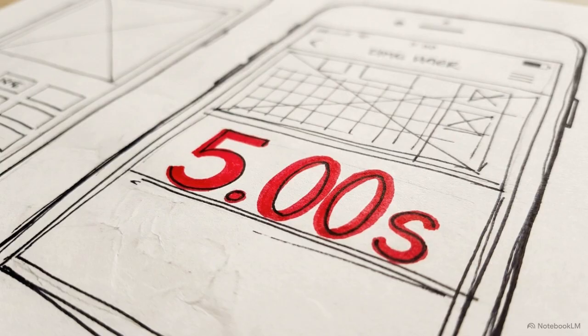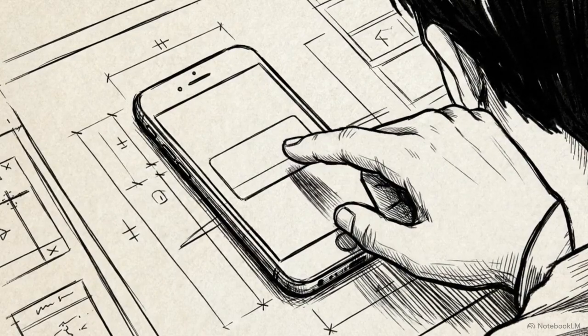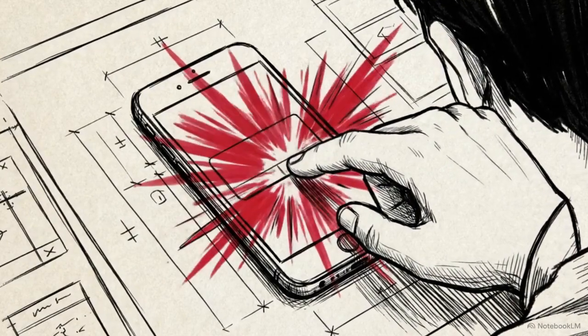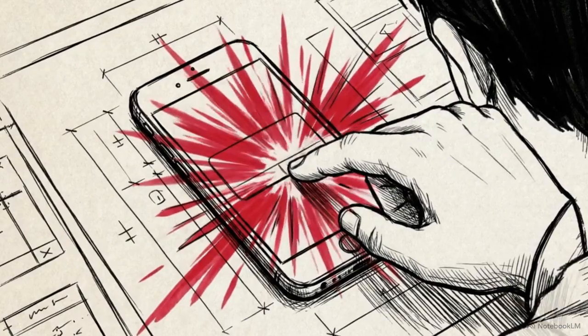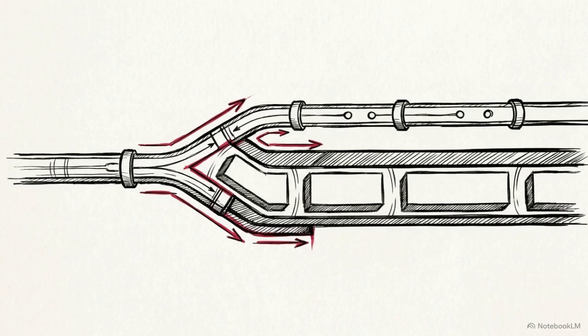If those input events remain blocked in the buffer for longer than 5 seconds, the Android OS flags the application. This triggers an application not responding, or ANR, error. The OS freezes the app and prompts the user to force close. Whether the thread is idling for external latency or monopolizing compute cycles for math, placing heavy tasks on the main thread leads to systemic failure. Solving this requires a specific architectural separation,